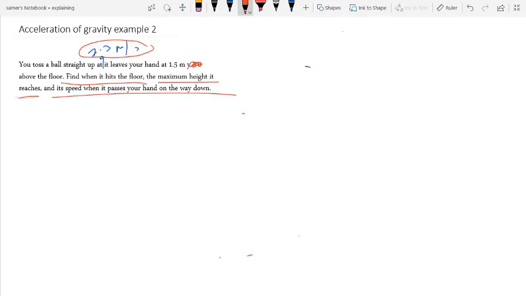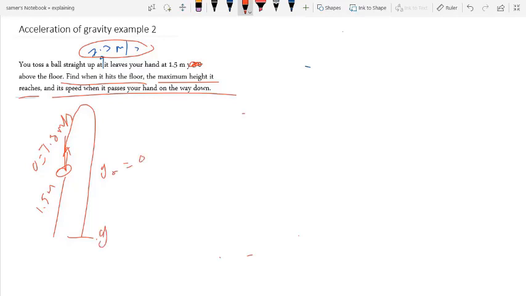So we have here a ball at 1.5 meters height, and the ball is tossed upward, so v0 is 7.3 meters per second. The ball then reaches maximum and goes back to the Earth's surface. If we suppose that this is y0 equals 0, then y here is equal to minus 1.5 meters, because it is directed downward. And in order to find t,